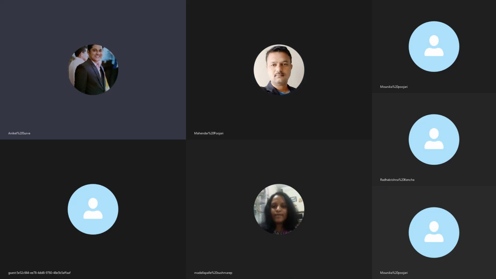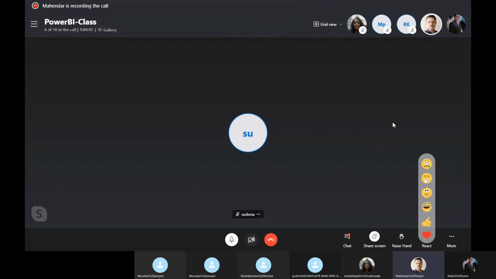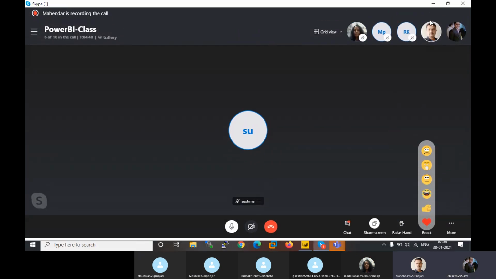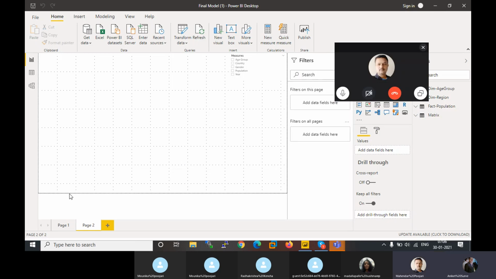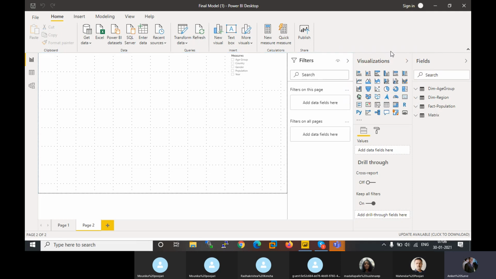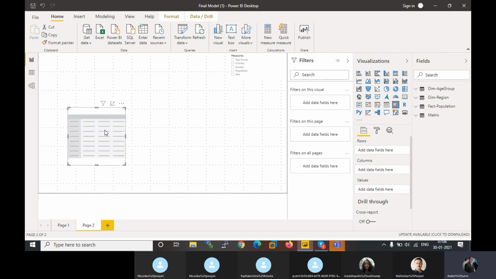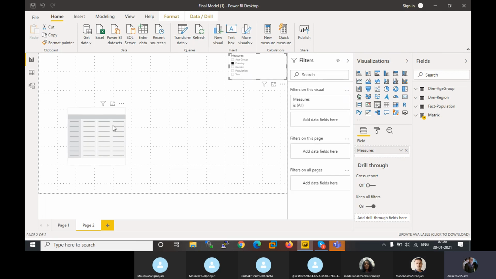I'm sharing my screen. Okay, I can see your screen. This is the dashboard that I was looking at. You can see these measures. We have created measures. Our data has age group, country, gender, population, and year. Is there a way I can create a matrix, and on selection of a particular age or country, those values get populated in it?